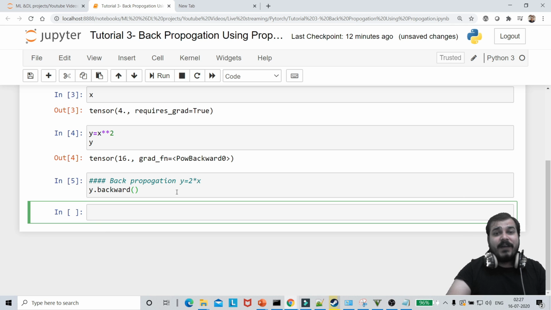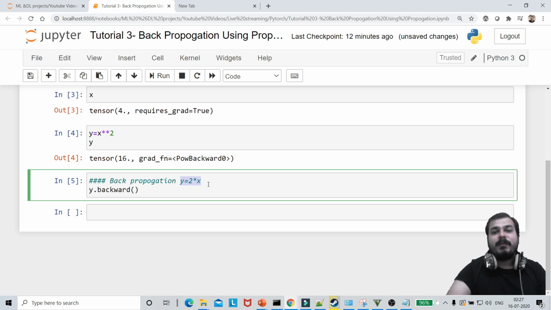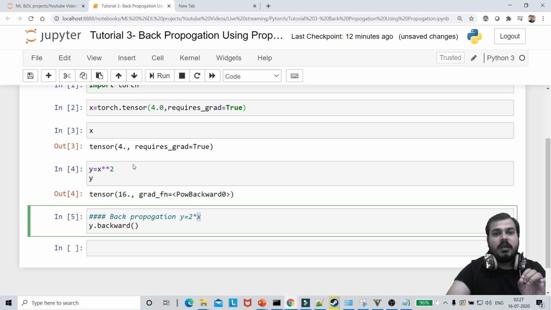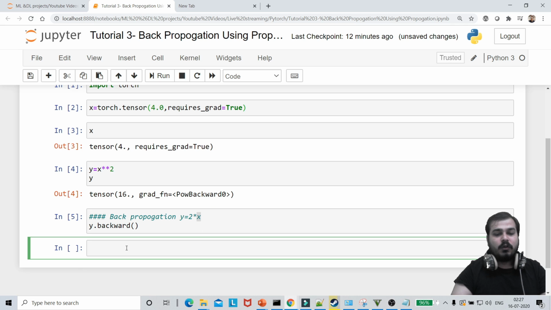Now, if I want to see what will happen after the back propagation, the equation will be y is equal to 2 multiplied by x. I know what x is over here. x is nothing but 4. So the result will be equal to 8. If I really want to find out the output, I can basically write